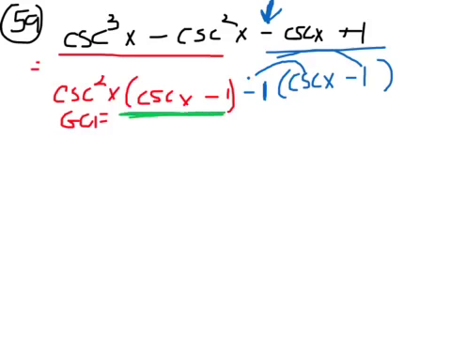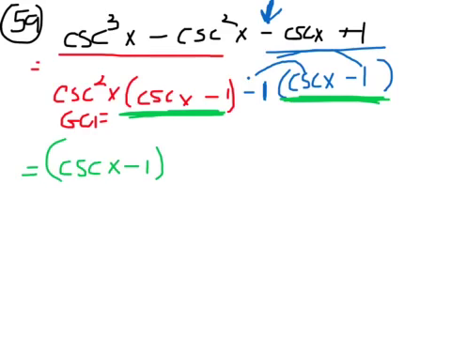Okay. Now, in factoring by grouping, what you want to have happen is these 2 parentheses be the same thing, and they are here. So since they're the same, I basically had 2 sets of terms I took GCFs out of. Now I'm going to say, oh, look, I got 2 big terms, and each one of those has a GCF of cosecant x minus 1. And what would my leftovers be? My leftovers would be these things that I'm underlining in black, cosecant squared x minus 1. Okay, well,